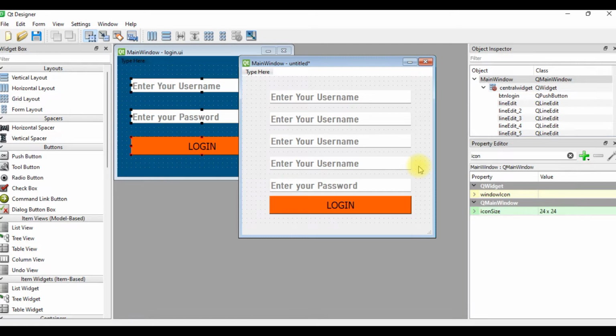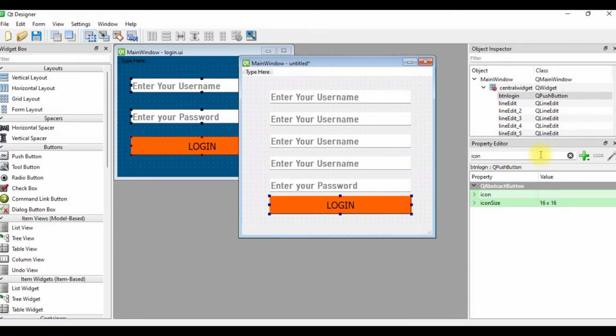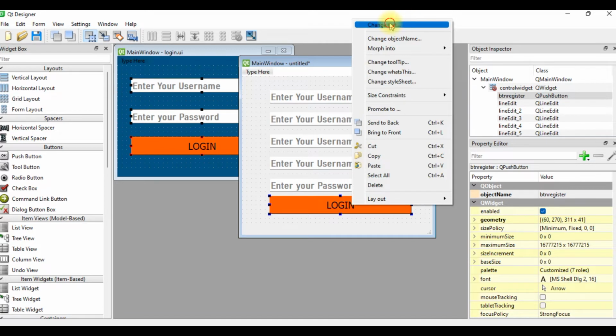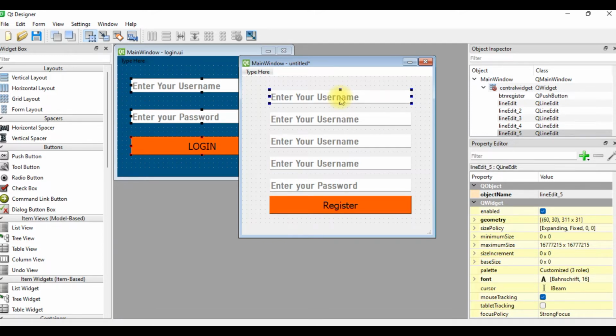Now we need to start changing things. This is register page. So what I'll do now is that I need something to show that this is a register page. So here I will first of all change this from BTN login to BTN register. Change the text, right click, change text to register. Register. Then here I will have my username,